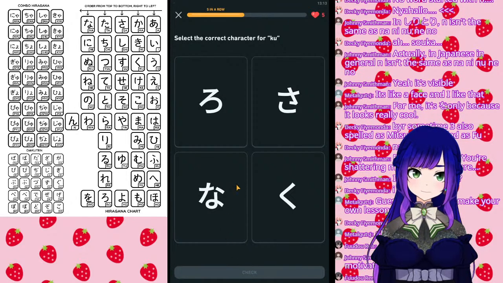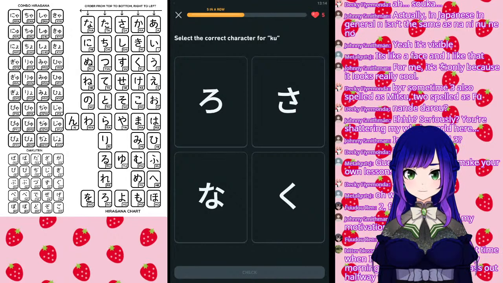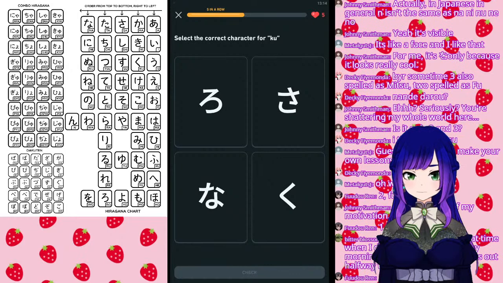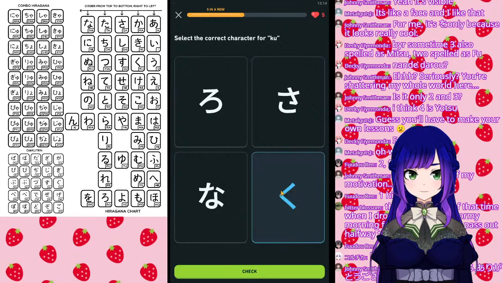頑張るか。Maybe I should. Select the correct character for く。はい、top left いくよ。ろ、さ、な、く。This reminds me of that time when I drove 5 hours on a stormy morning for the JLPT test only to pass out halfway through the test. Wow. That's so unfortunate. 大変だね、それは。泣く, cry. Yes, 泣く is cry. 日本語授業。ありがとうございます。どういたしまして。これくね。